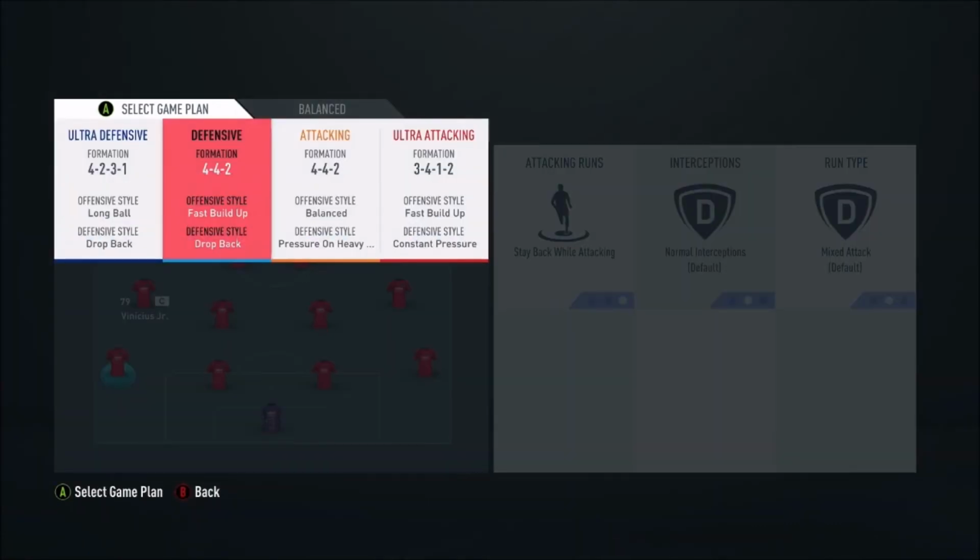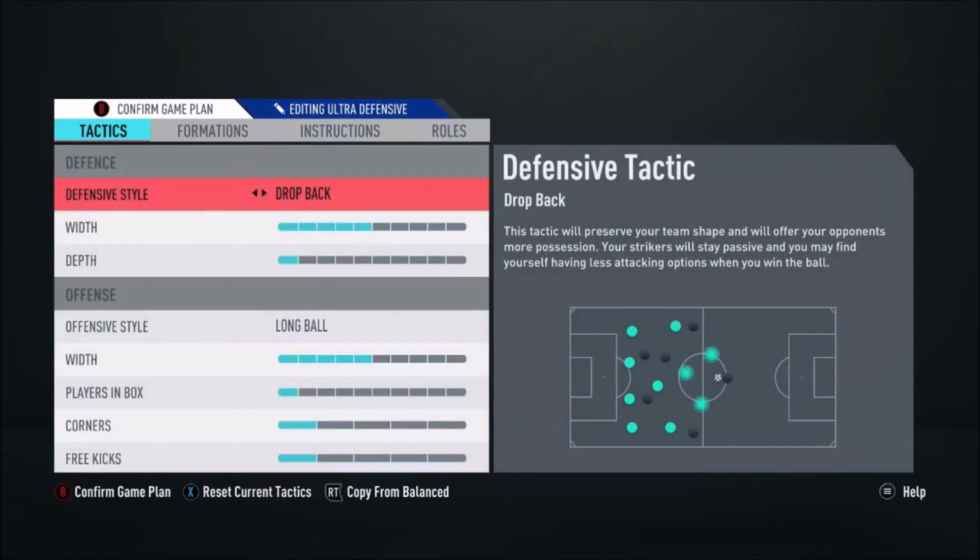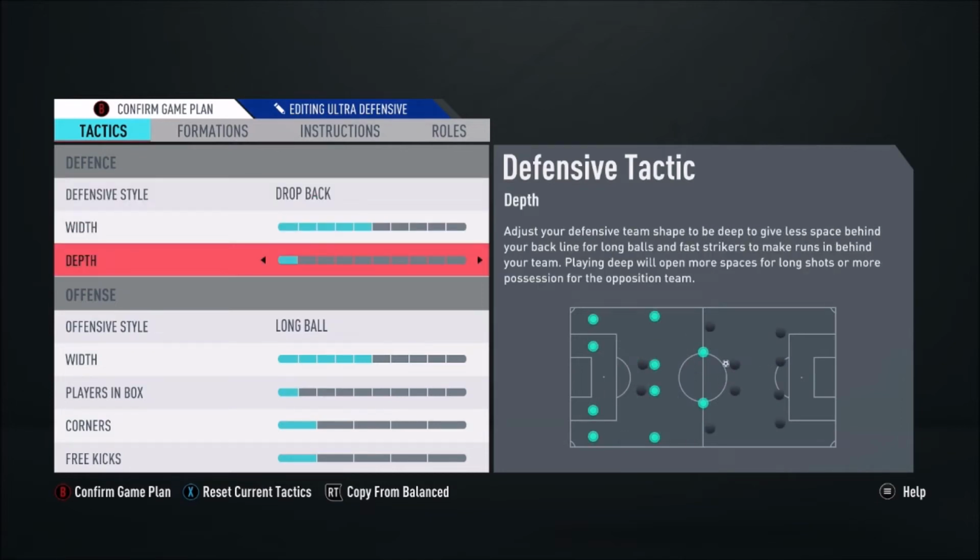So we'll start with the very, very ultra defensive 4-2-3-1. Now this one I'd use to pretty much just hold on to the lead if you're in like the 80th, 90th minute. Drop back, depth 1, just get as many people behind the ball as far back as possible. Long ball,